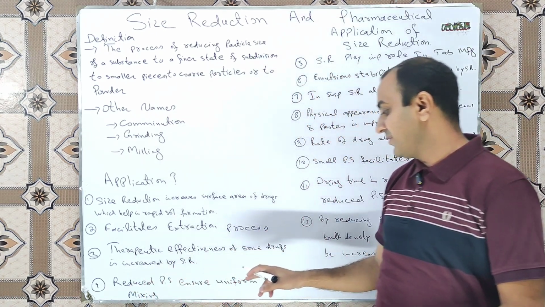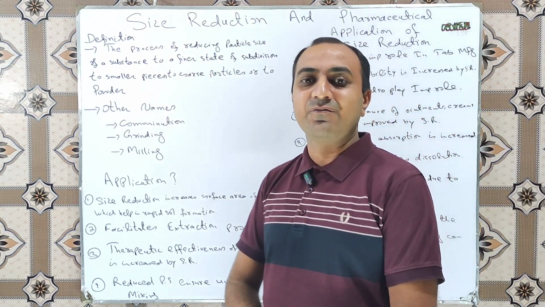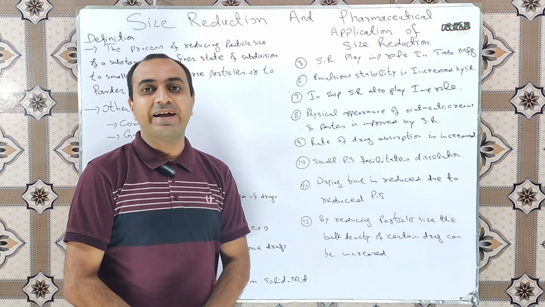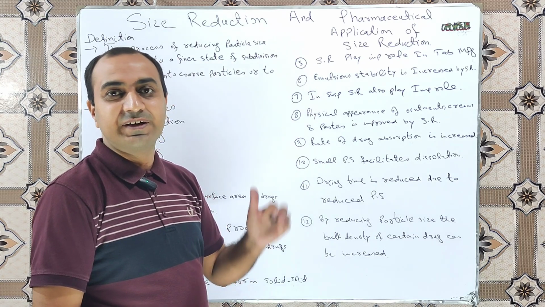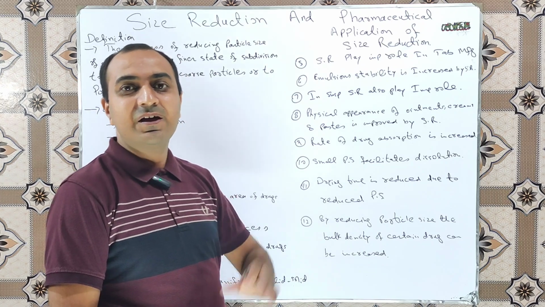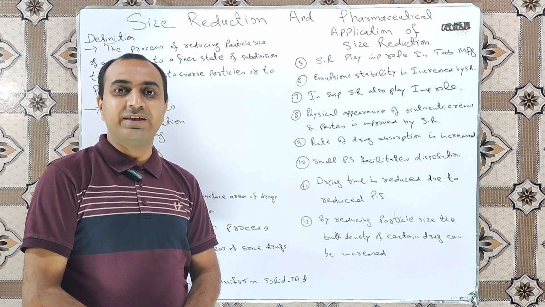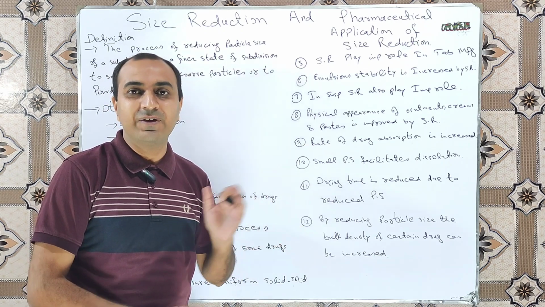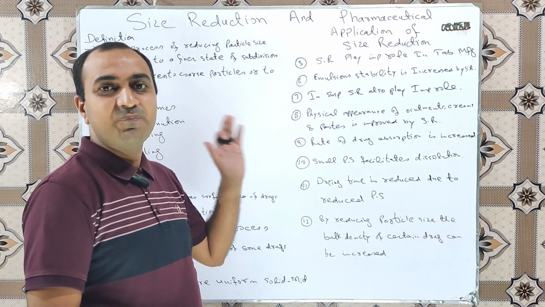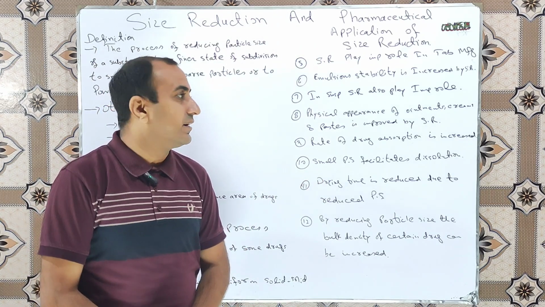Reduced particle size ensures uniform solid mixing. It means that when we want to mix two solid substances and they have large particle size, meaning lumps are formed in these solids, it will be difficult to ensure uniform mixing. But when we reduce the particle size by using a suitable sieve, then it is very easy to ensure uniform mixing of these solid particles or solid contents.